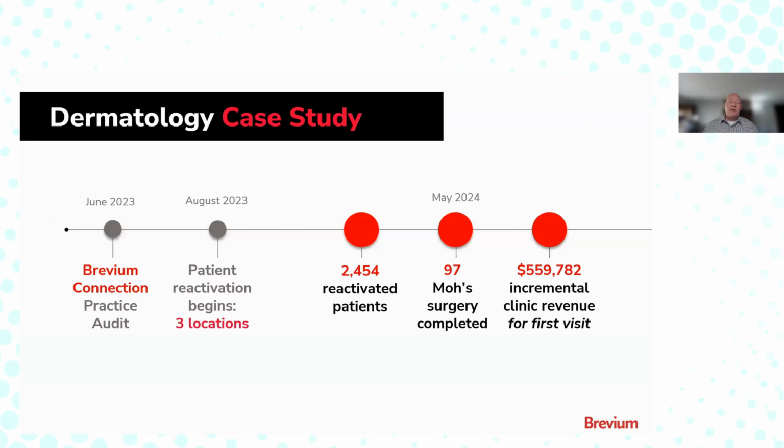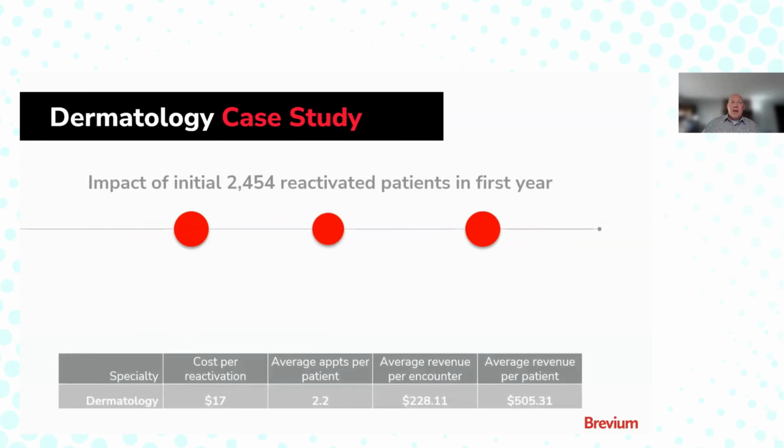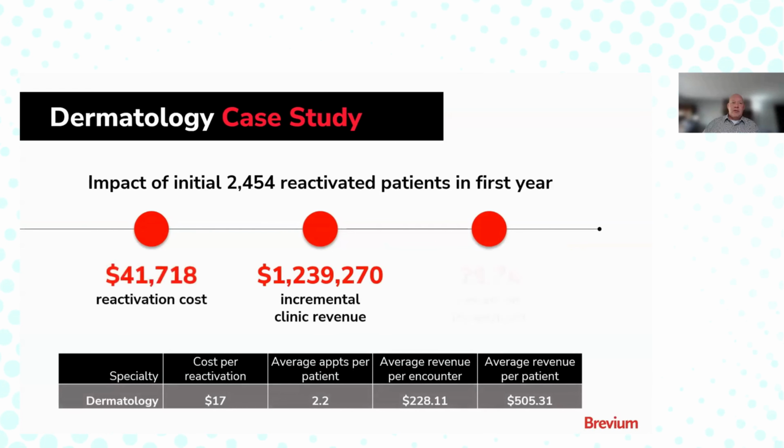Okay, so that's important to point out, because if you remember, for that dermatology patient a few slides back, they return approximately 2.2 times per year. So we can extrapolate that. We're only looking at first return visit revenue here, but if we extrapolate that throughout the practice, the impact is rather significant. So if that patient comes back 2.2 times in the first year after reactivation, and we're looking at that clinic revenue, as well as the revenue from Mohs procedures, which can run anywhere between $1,500 and $2,500 per procedure,